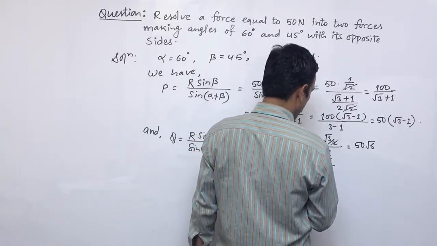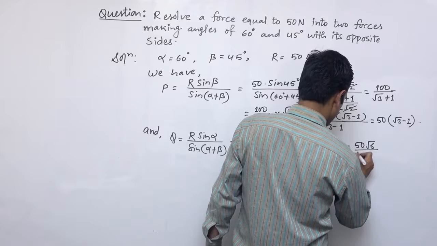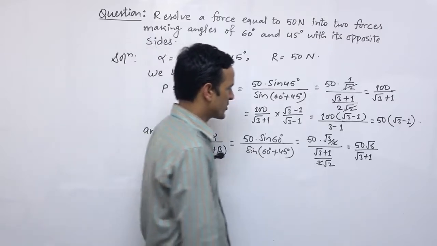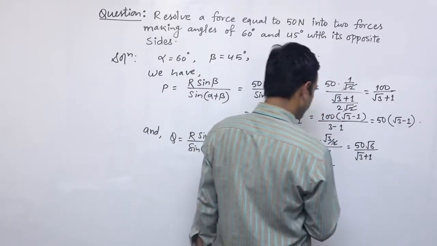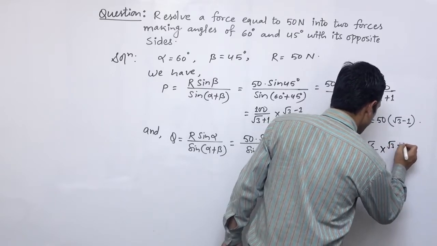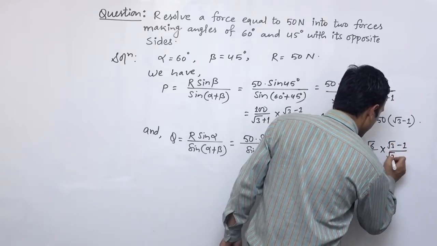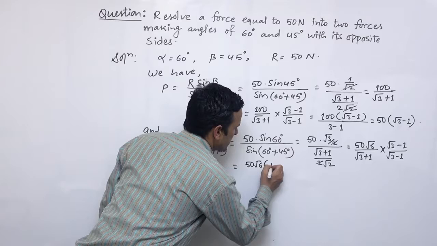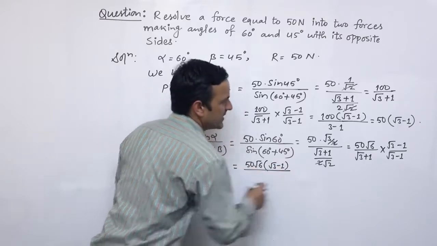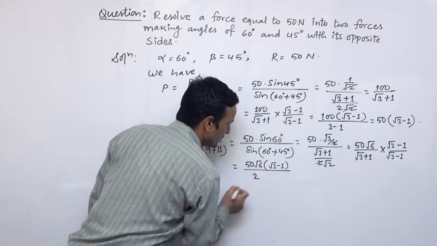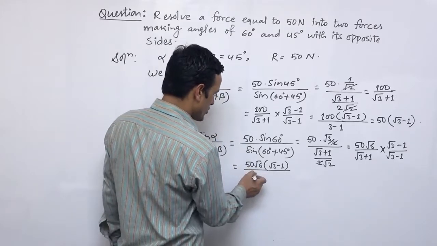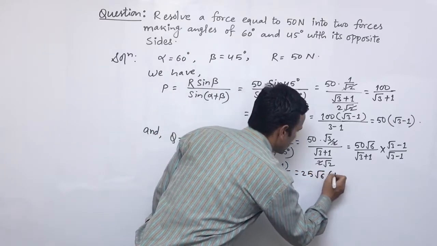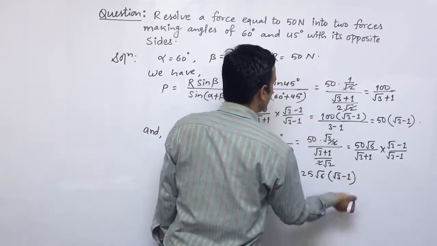50 root 6 by root 3 plus 1. This we can also solve using conjugate. So if you make it conjugate, root 3 minus 1, then this will be 50 root 6 root 3 minus 1 divided by a square minus b square, so it is 3 square minus 1 square means 2. 2 can cancel 50, and we get 25 root 6 root 3 minus 1. So in this way we can